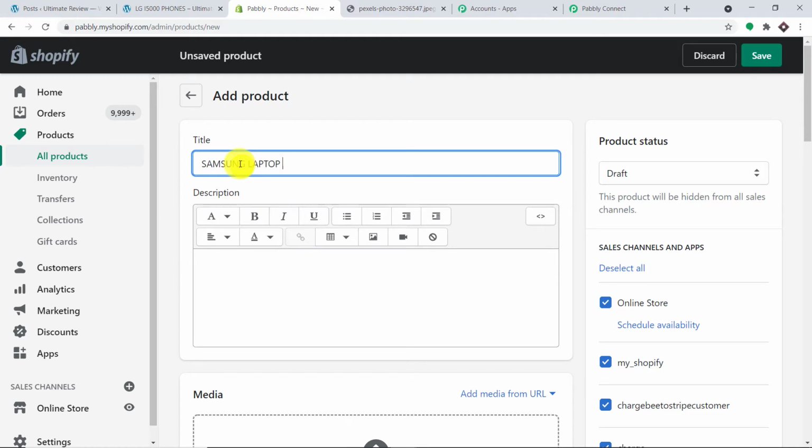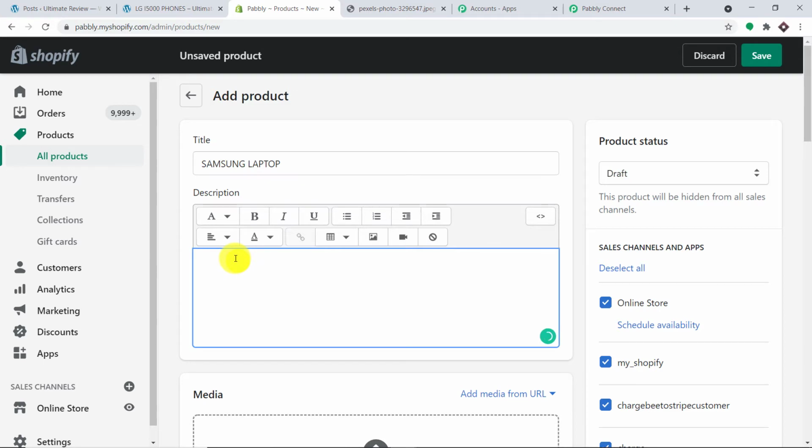So basically we are selling a Samsung laptop, and the small description is: Samsung, I'm sorry about the spelling, Samsung laptops are very fast and reliable with Snapdragon i7 processor, SSD drive. Okay, so I think that's enough.